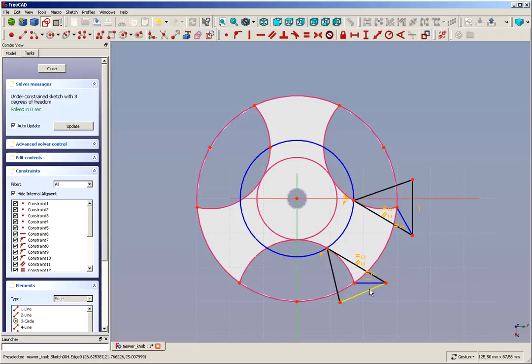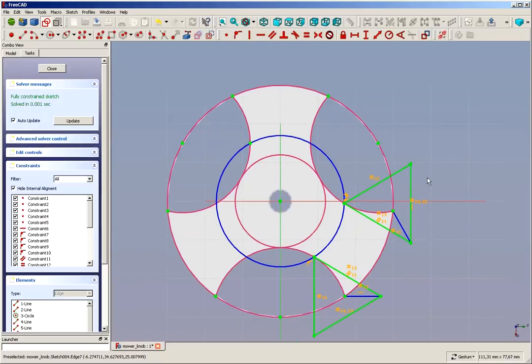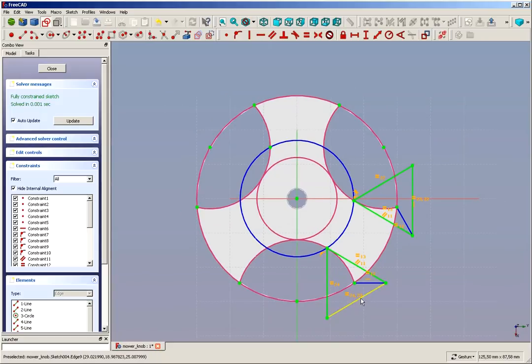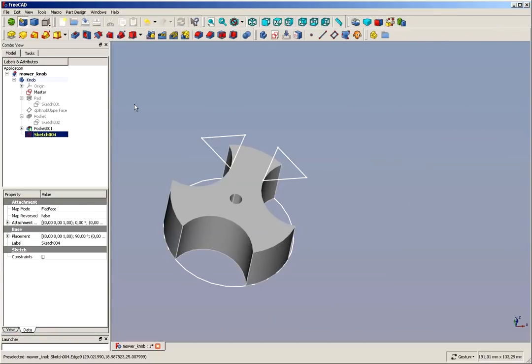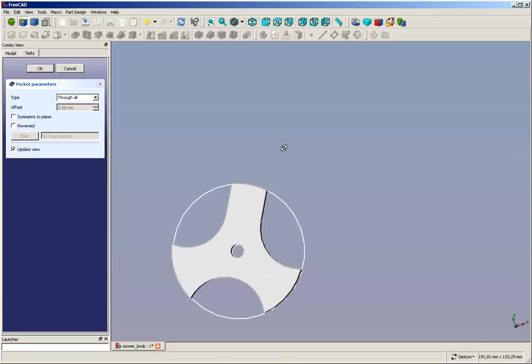Here, see if they can still be moved. They can, and we make them equal length. So now they are fixed, and let's see what that creates. Voila, we can now cut this through all,